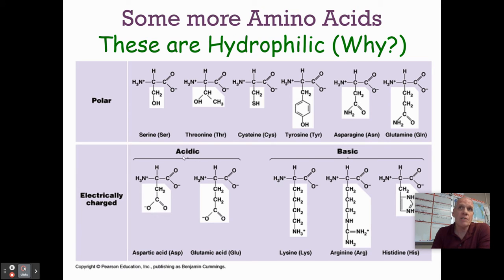But what's going to happen is an acidic amino acid can bind through an ionic bond to a basic amino acid. So once again, the main amino acid structure is the same for all 20 amino acids. The only thing that is different is this variable R group. So all of these guys are going to be attracted to water. These guys are going to form bonds with each other.